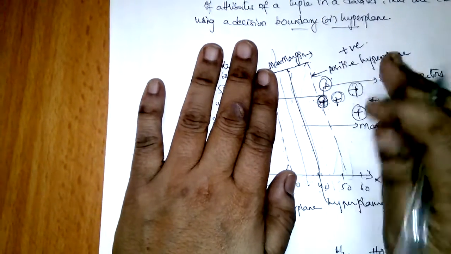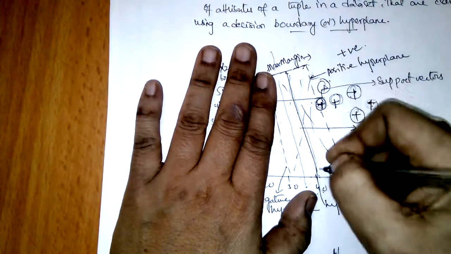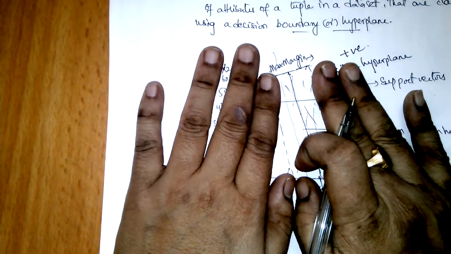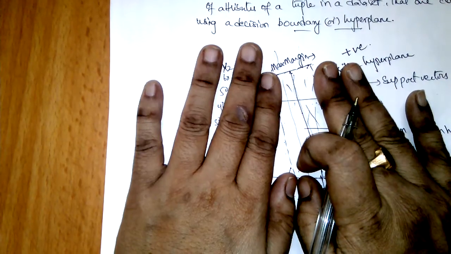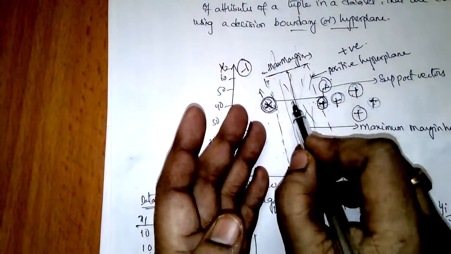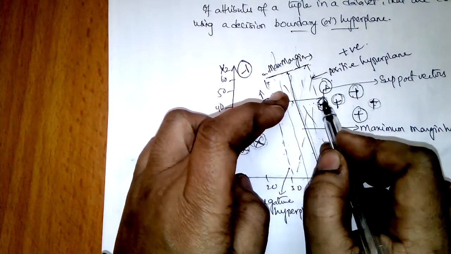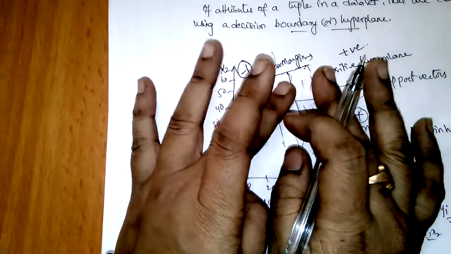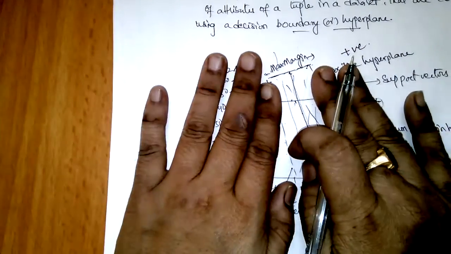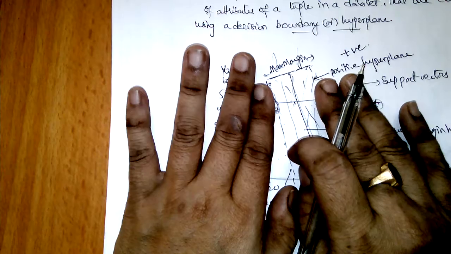Between these spaces we can have many hyperplanes, like this, like this, like this, like this, like this. But choosing the best hyperplane is required. That means finding the optimal hyperplane is required. Why? Because sometimes we may get a value here, very near, and sometimes you may get it here. This may lead to misclassification. So what we have to do is find the best hyperplane. That is called finding the optimal hyperplane.